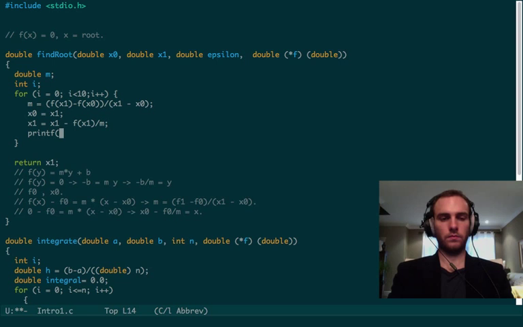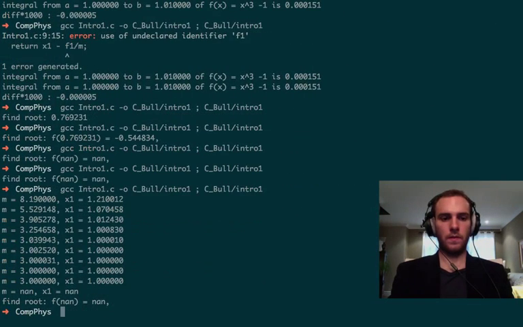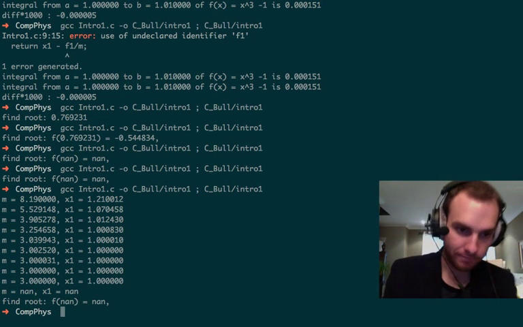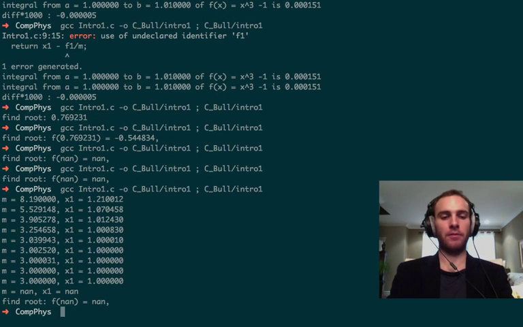Print the value of m and the value of x1. So we were really not lucky, right? We were really unlucky